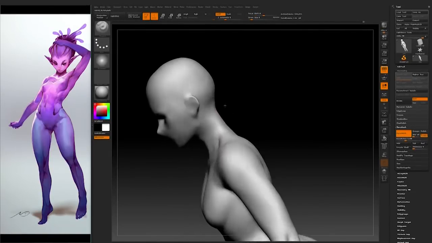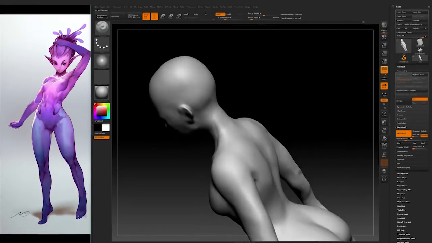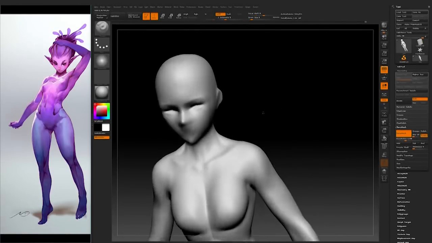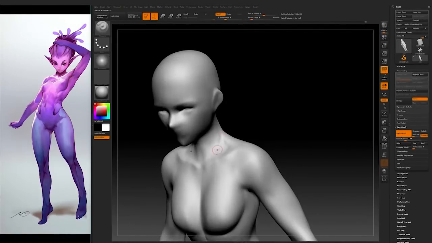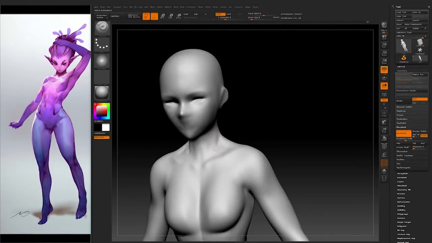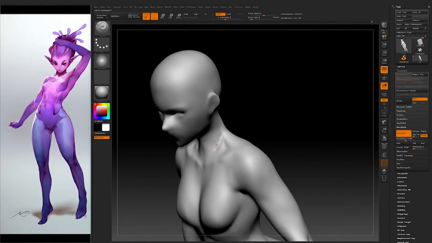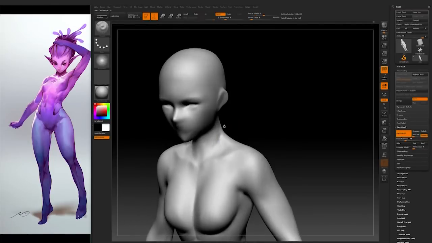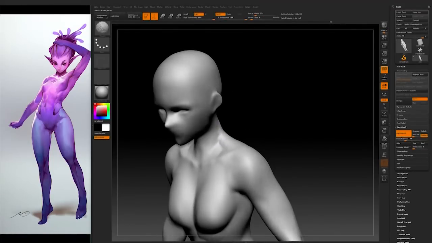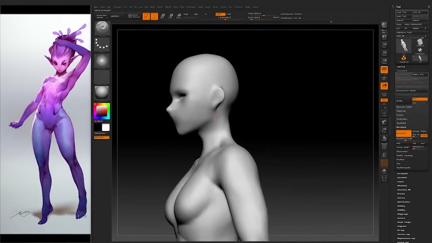Because the default standard is just this soft round brush, and it works sometimes, but for things that need to be a little bit more defined, with this alpha it works a lot better. As you can see here, this is a good example of what it does. It's like a nice sharp edge,